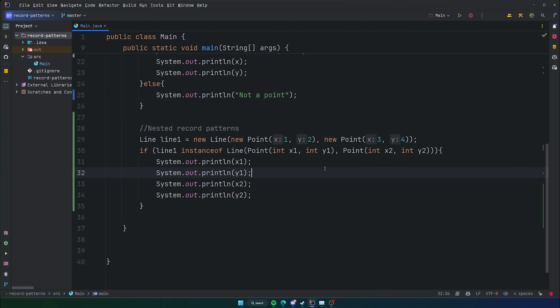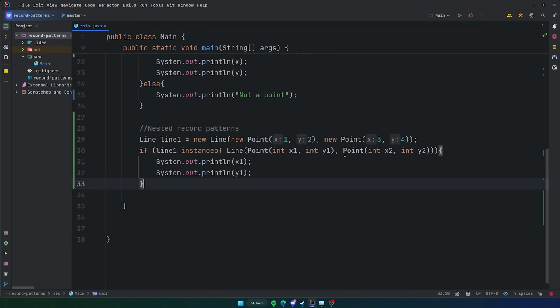Now another important thing to know is that of course you may not want to use or destructure all parts of the record. So in this case, we have a line that we're destructuring, and then inside of that we have a point. We have 2 points that we're destructuring, but let's say that you only want the first point for some reason, right? You don't really care about the second point. We just get rid of that. You can actually just not destructure if you don't want to. So you can go ahead and do just point, point 2 or whatever you want to call it, point B,